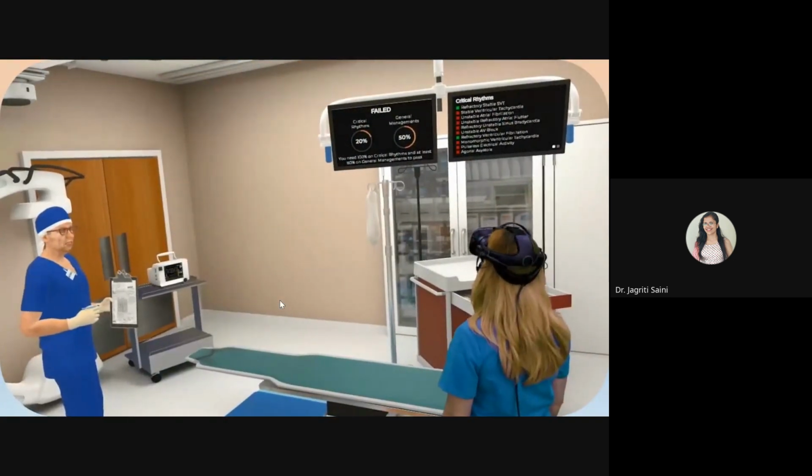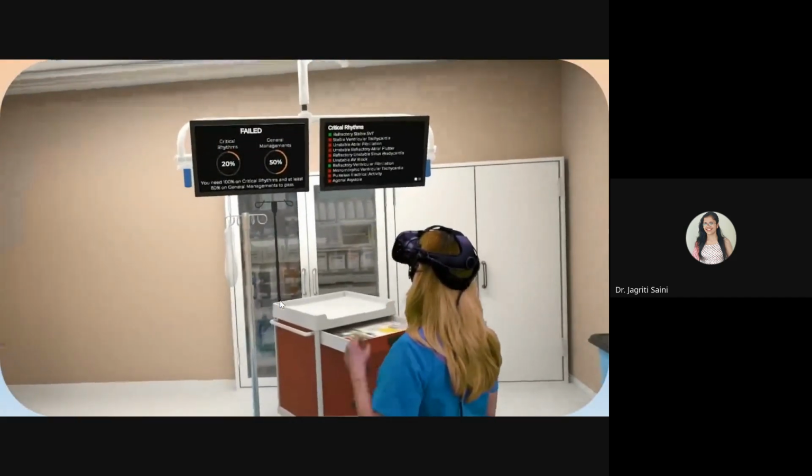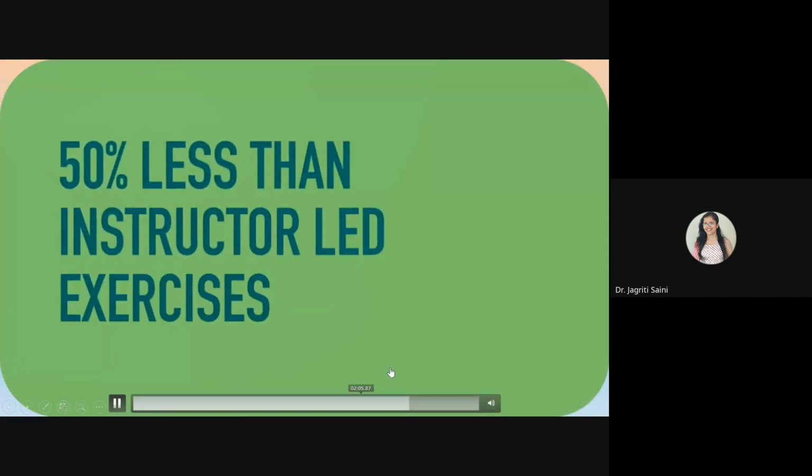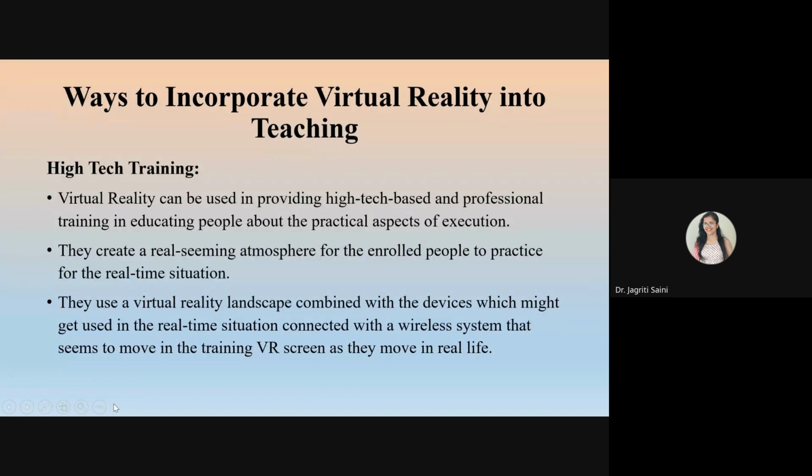So you can see the assessment report, pass or fail, that the student can see. All for the same cost as an e-learning course and at least 50% less than. So this is one interesting part we can have for the critical scenario training, and of course the pass-fail assessment we can also do side by side, and even for high tech training we can utilize this technology to increase the learning experience for the students.